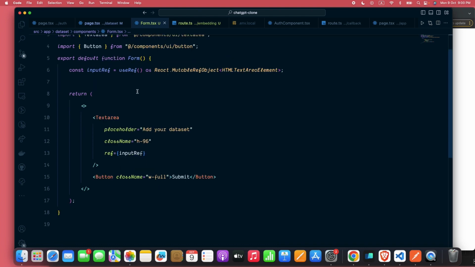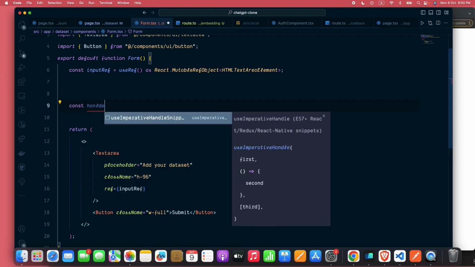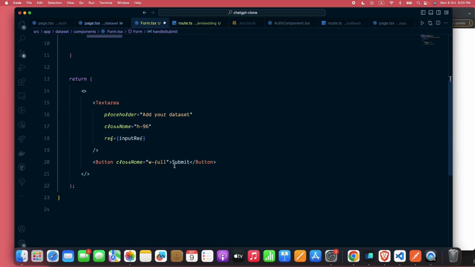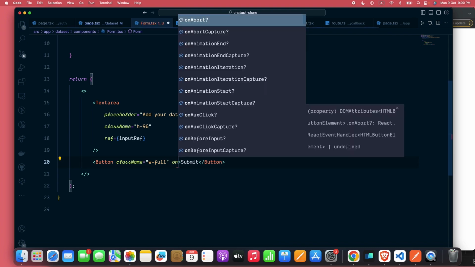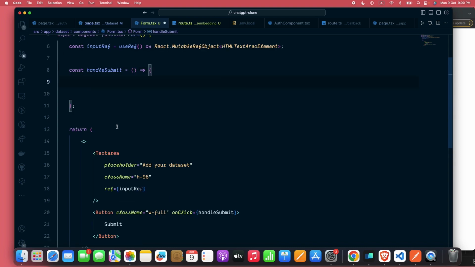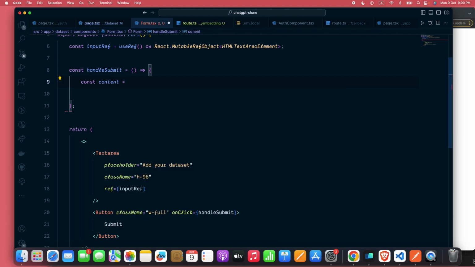Okay. All right. So right now we're going to do the handler. It's going to be handleSubmit. It's going to be equal to this one, and then when we click on this button, we can call handleSubmit. Okay, so inside this handleSubmit, the first thing we're going to do is get this value when we click on this one. The way we do that is to create a variable called content, and content is going to be equal to inputRef.current.value,